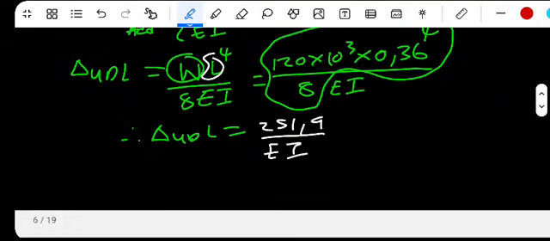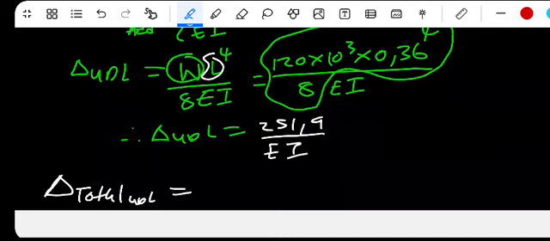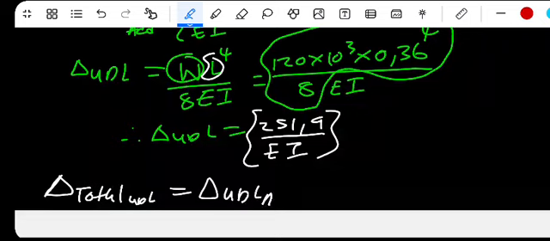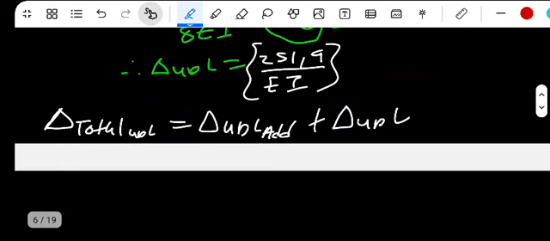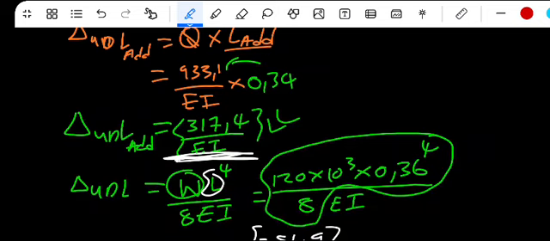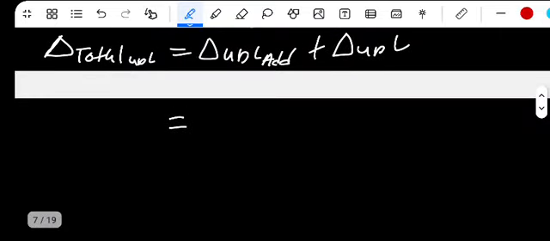The total deflection at the UDL is simply the deflection of the additional UDL plus the exact UDL one. So we sum up the additional one, 317.3 divided by EI,